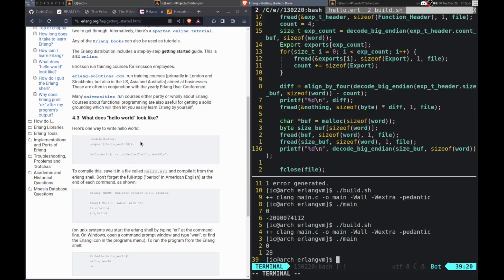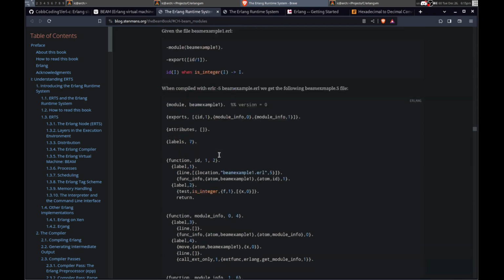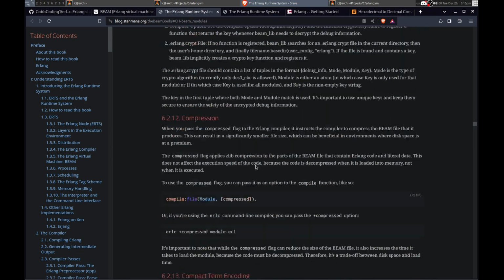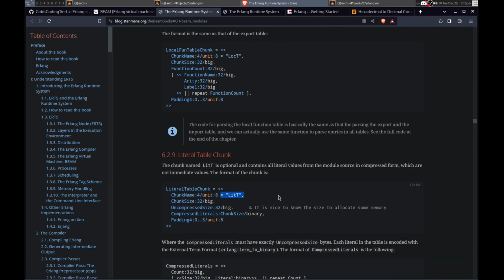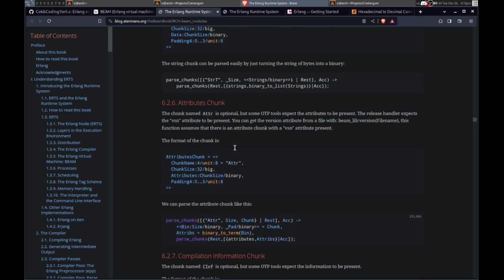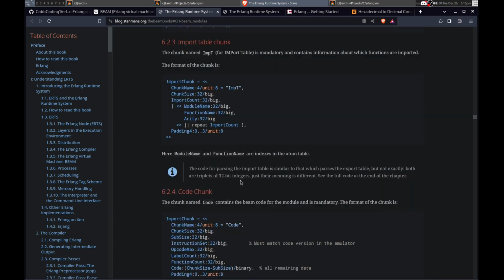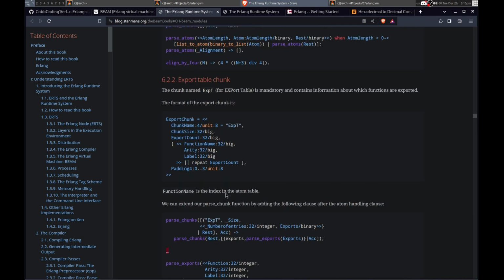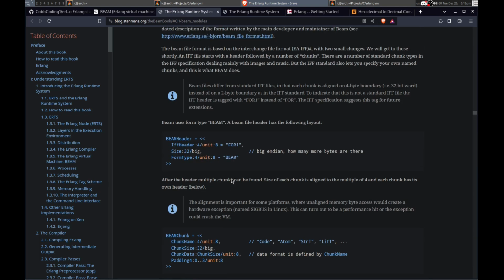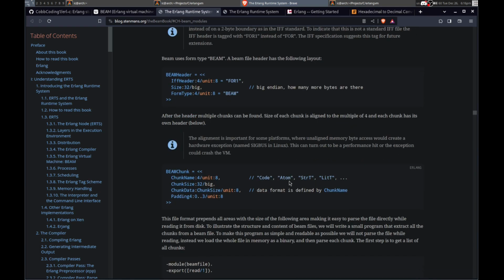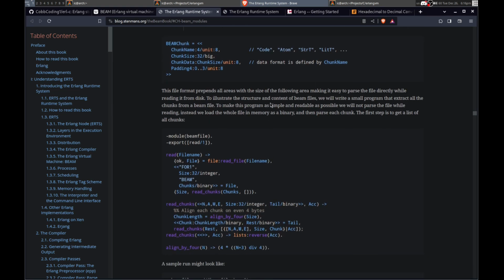Okay. Where can I find this meta? Let me go back up here. Literal table, yeah. Where's the meta table? Or it's not even a table. Let's see.